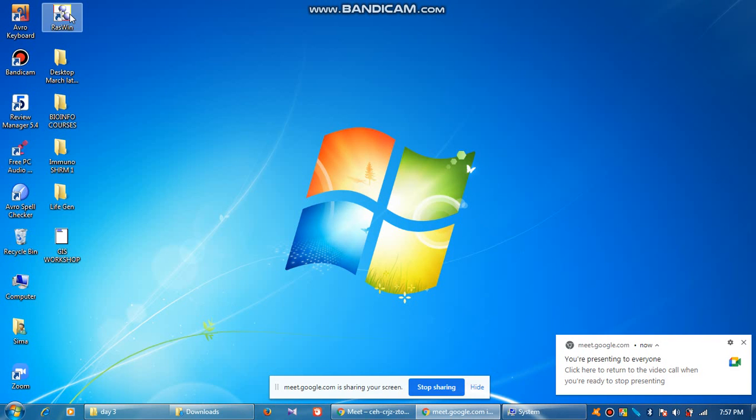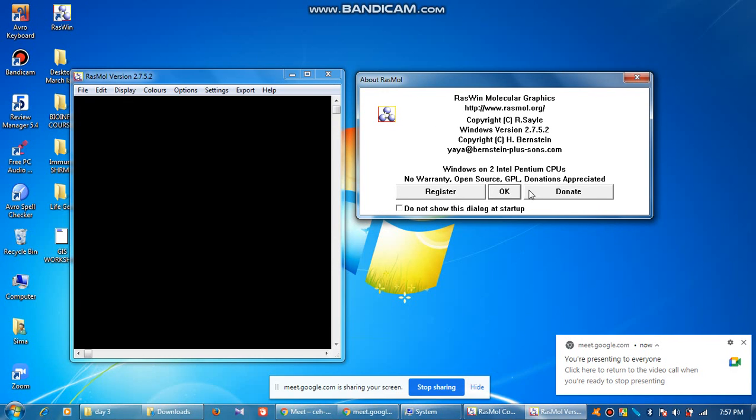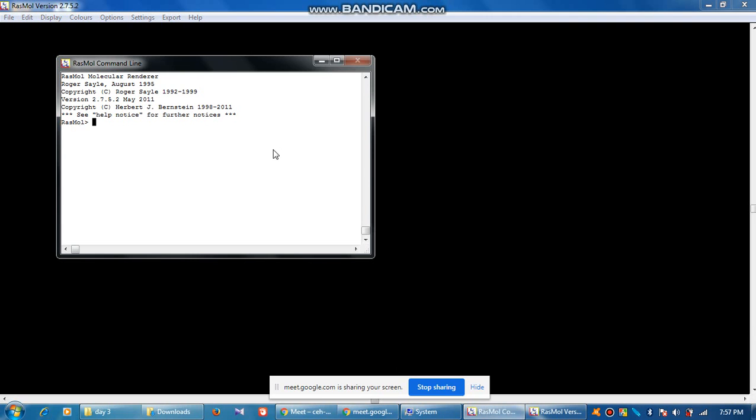One of your colleagues has already loaded it. Now whenever we click on a software, two things will come. One, there will be a GUI, a graphical user interface. This is the GUI, the black one. Can you see? So we'll close it and open it. Along with the GUI, one more thing opens, a small window. It is the command line, and we call it the command prompt. By using commands also we can run it. And these are Python scripts that you have to enter.